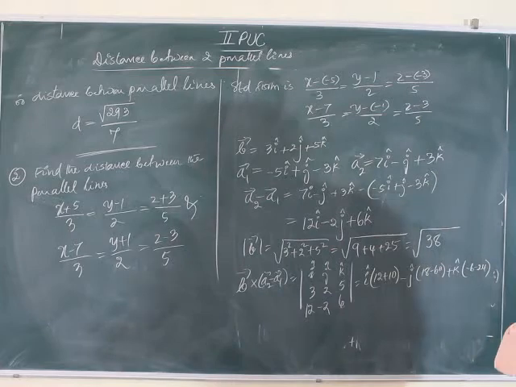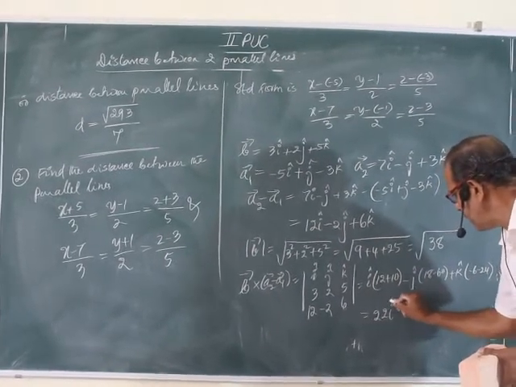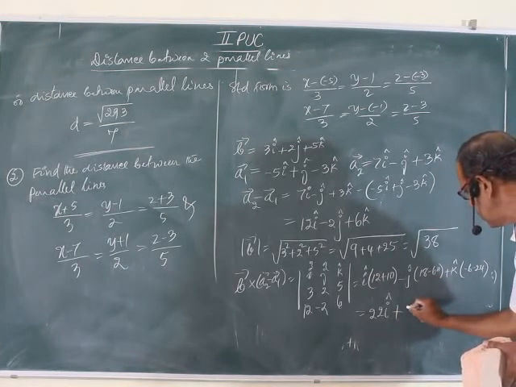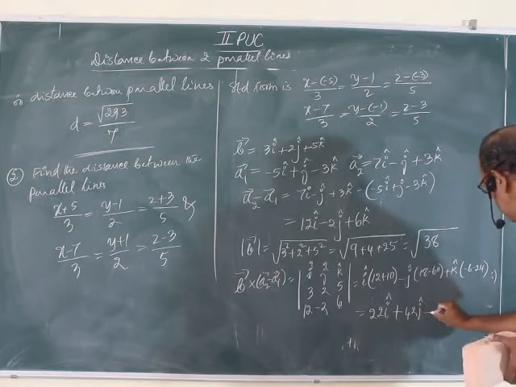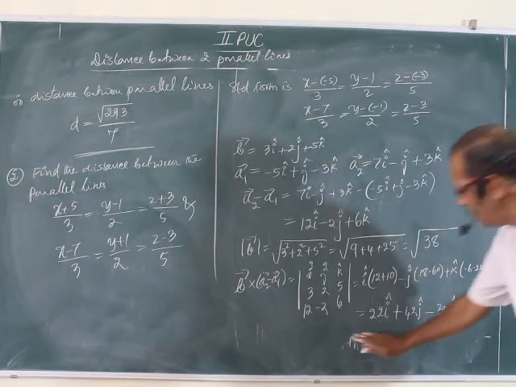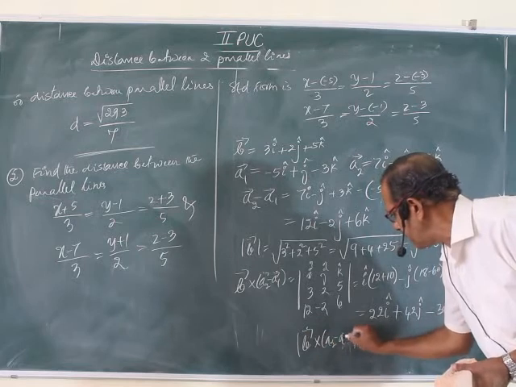That is 22i minus of minus 42j minus 30k. Modulus of b cross a2 minus a1 is